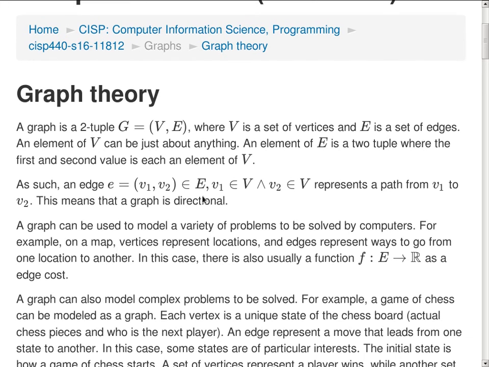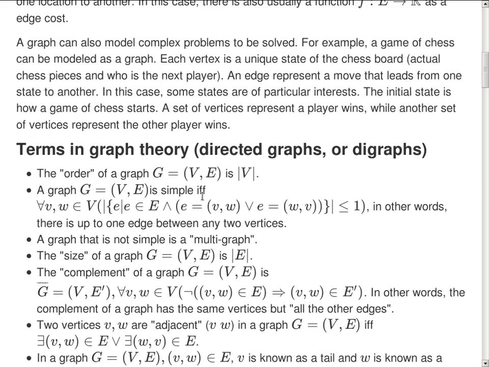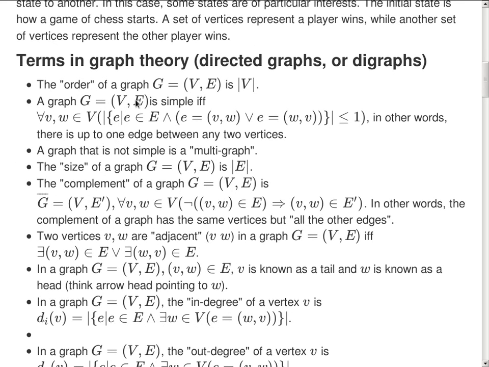All right, so the rest of this is really just a bunch of term definitions. The order of a graph is the cardinality of only the vertices, it doesn't take the edges into consideration. But that's just the name. When we say the order of a graph, it is just the cardinality of the vertices, or the number of vertices. We call a graph simple if and only if,